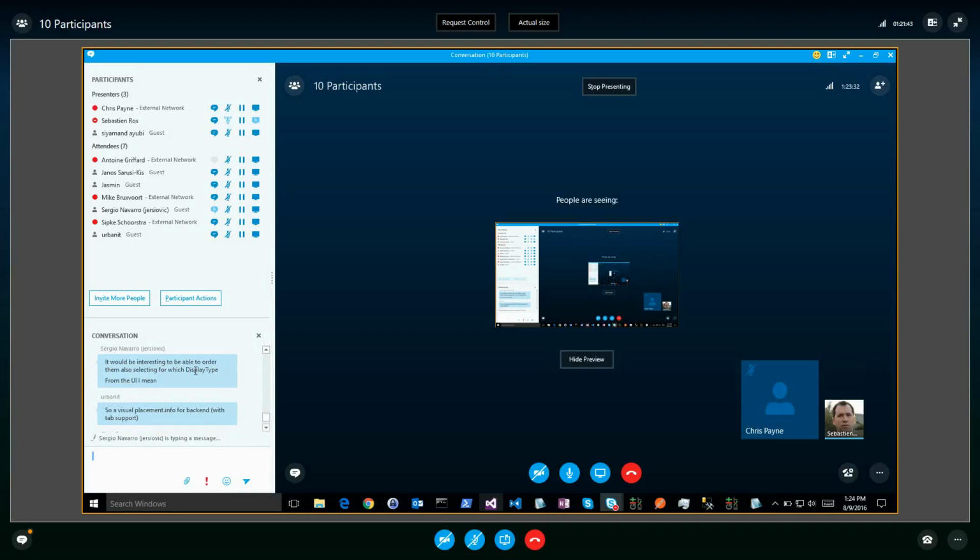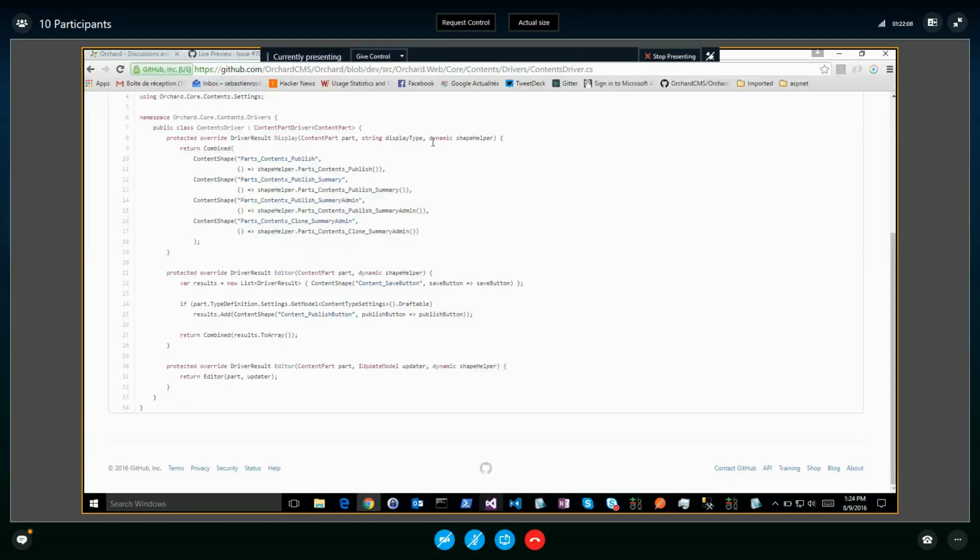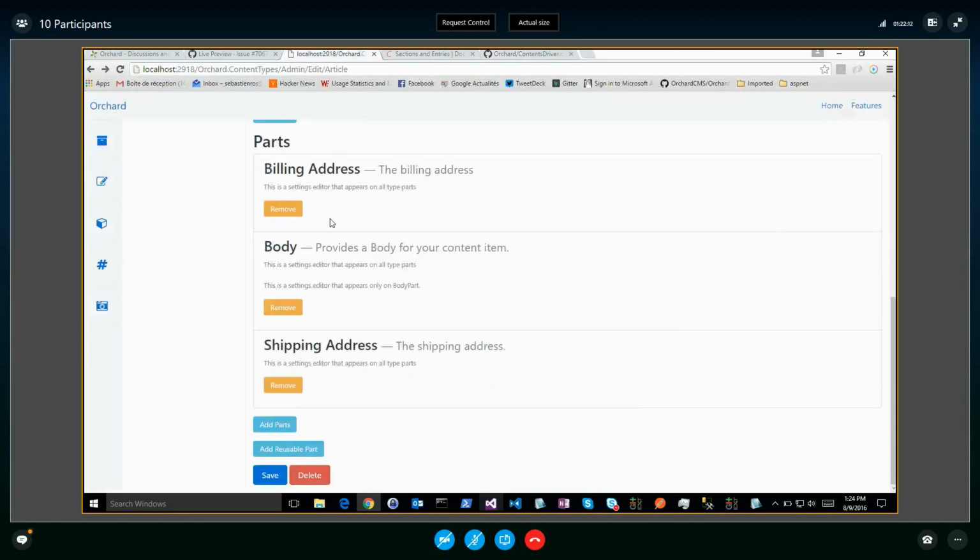It will be interesting to be able to order them, also selecting for which display type from the UI. So then you would be able to use it on the front end as well. That could be a different module actually. See what I mean? Because here I'm just talking about content definition and how it's represented. We could use the same location by default. Because you could say